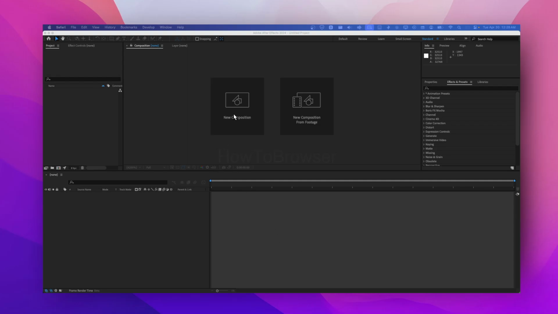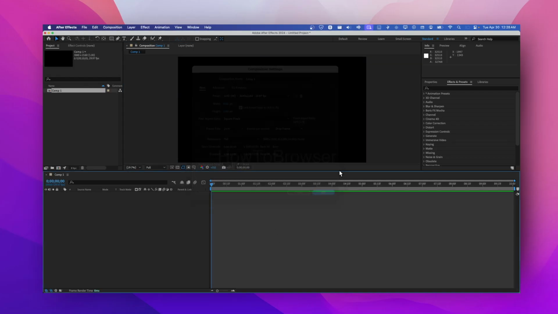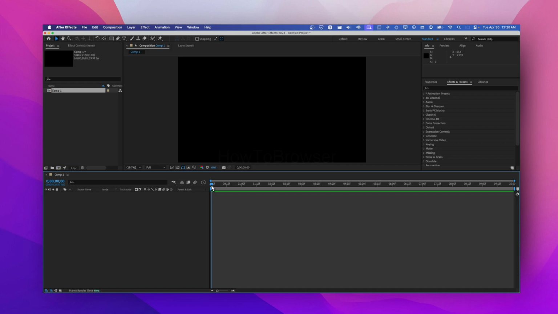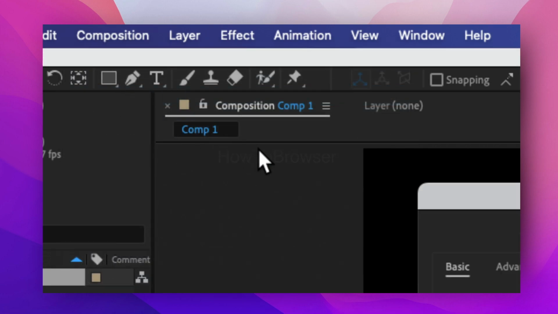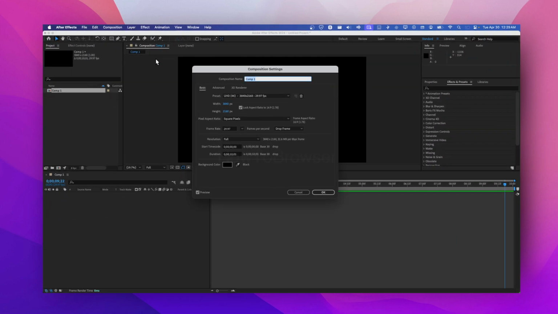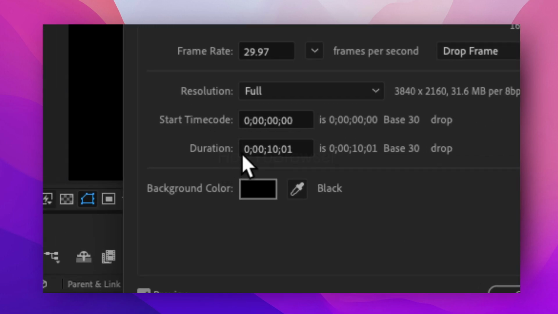Okay, so I'm just gonna have to go here. We have a new composition, and then you want to change the duration because it lasts about 10. I see here the duration. So you're gonna have to go, in fact, here in composition and composition settings, and then here you will see duration. So just change this to, let's say,